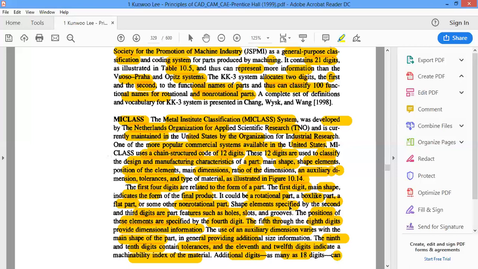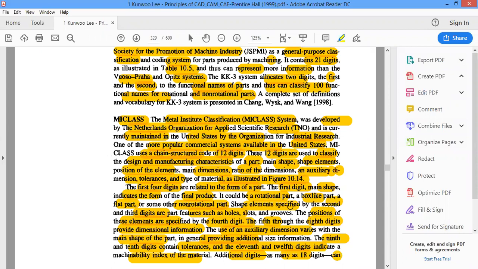Then the fifth to eighth digits provide the dimensional details. Here they look into the dimensional information which fits into that range. We can also have auxiliary dimensions, which vary from the main shape of the part. That is the use of this.